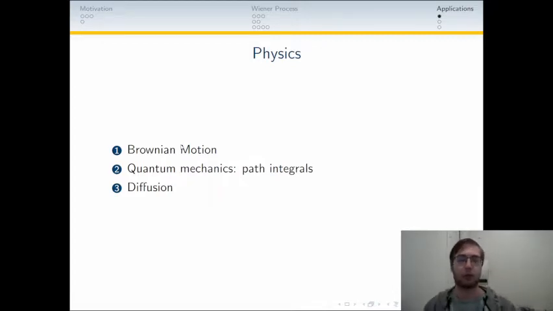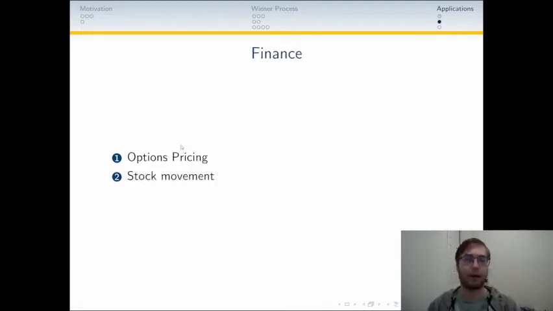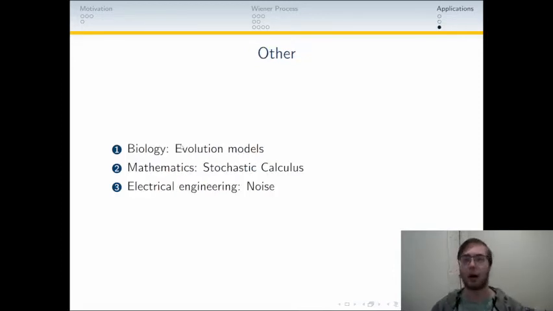And also diffusion, which is closely related to Brownian motion. Within finance, it's often used in option pricing and stock movement. Wiener processes and Brownian motion in general are often used to simulate stock movement. And in other fields, in biology, it can be used for modeling evolution. In mathematics, it can be used for stochastic calculus. It's a core part of stochastic calculus and Ito calculus. And in electrical engineering, it can be used to simulate noise,